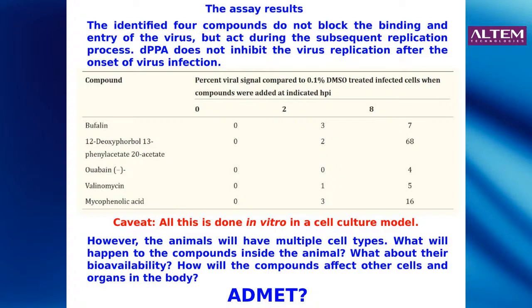So whenever you set up a proper assay with all the controls, like in this case, we had designed the assay to look for inhibitors which can prevent virus entry and inhibitors which can prevent virus replication. And we were fortunate enough to have all the necessary high-end equipment, because the National University of Singapore is a well-equipped place. They had the Celomics scanner, which is a very expensive piece of equipment, and we were able to afford to buy all the monoclonal antibodies and all the reagents required for setting up this high throughput assay in a 384 well format.